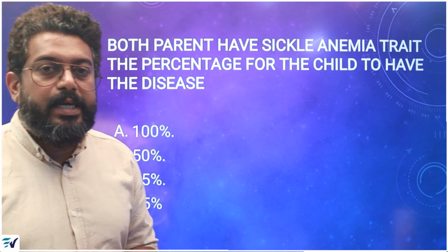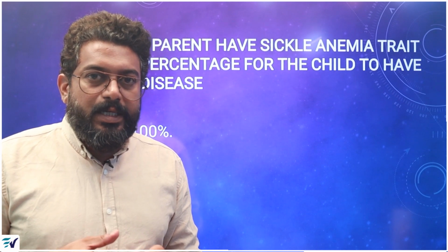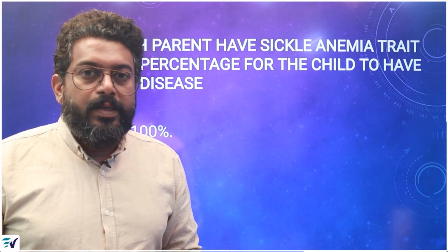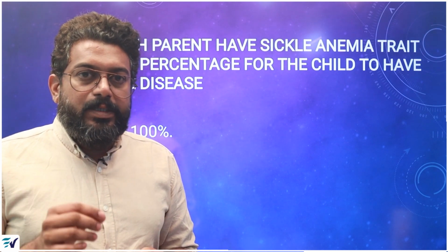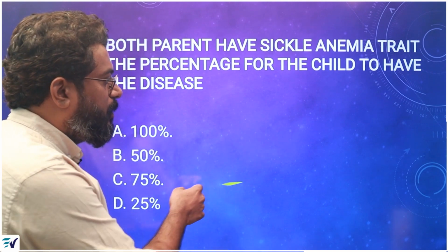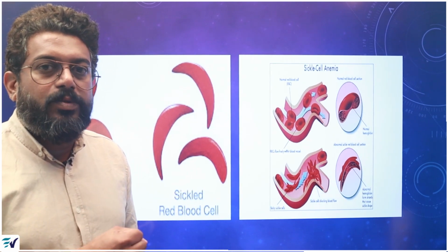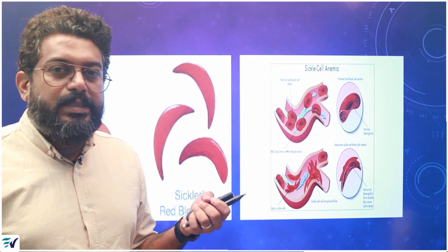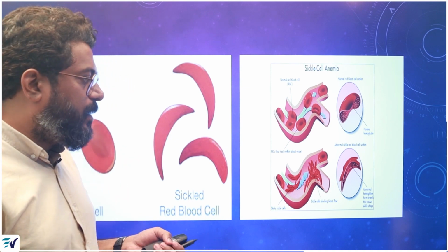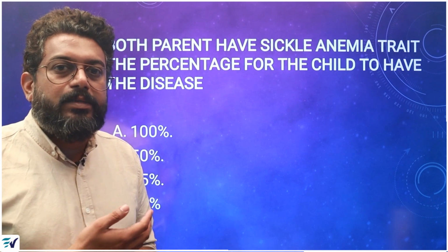So sickle cell anemia is a chromosomal abnormality in which the RBC becomes sickle shaped due to the abnormal hemoglobin, which is HbS. It leads to the destruction of RBC, and this destroyed RBC and the sickle shaped RBC will cause obstruction to the blood circulation, causing severe pain, hypoxia and dehydration. So this is sickle cell anemia, and as it is a chromosomal abnormality, the chances of getting the disease to